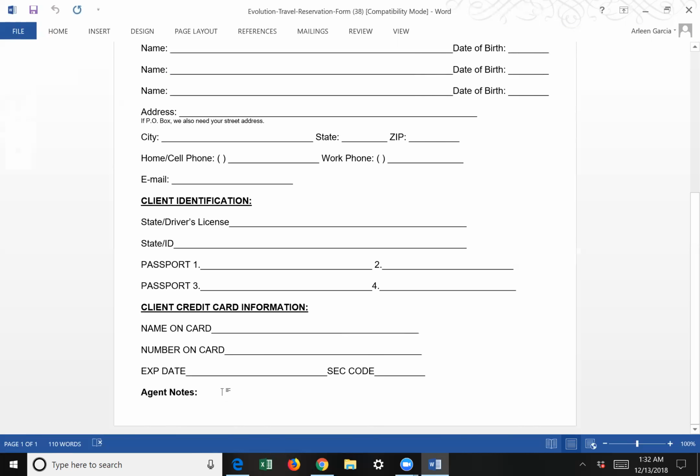prices. Oh, look, we can type it. Look at this. Prices are subject to change. We definitely want this on this form, because if you're doing a price quote and you